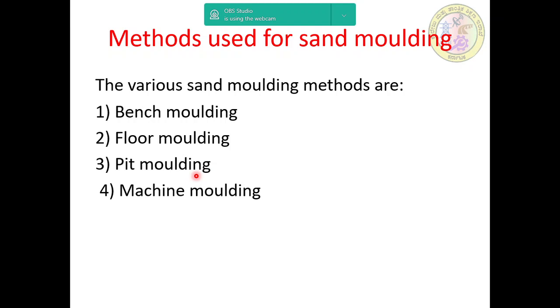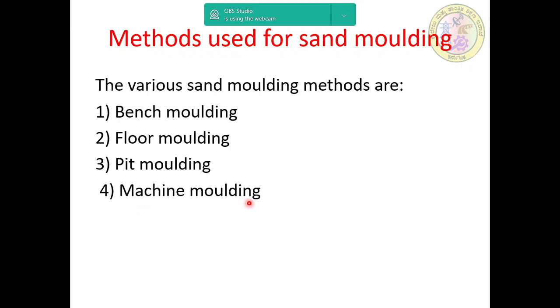The cope box is rammed using dry sand with risers placed at suitable locations. The walls of the pit are lined with brick and the bottom is covered with some molding sand with connecting vent pipes to the floor level for easy escape of hot gases. A crane is used for handling the cope box and the other operations. That is nothing but pit molding. And then we will go for machine molding.